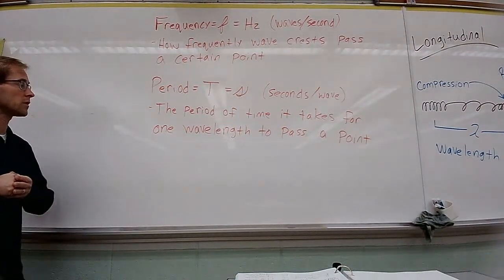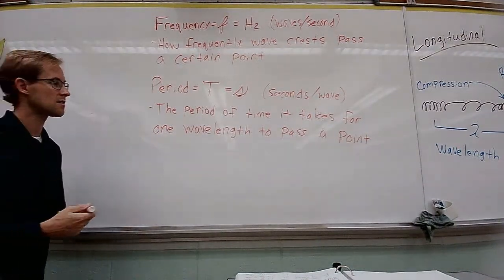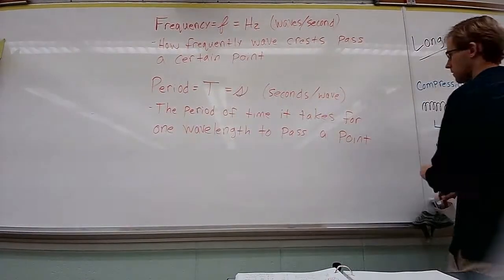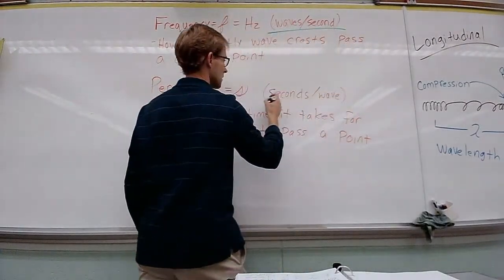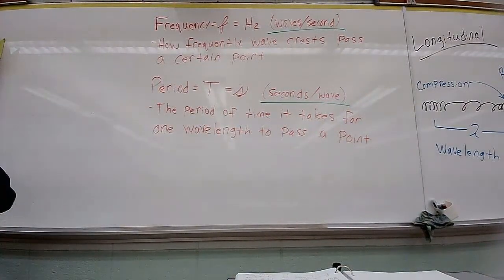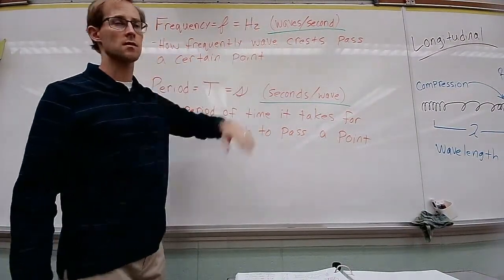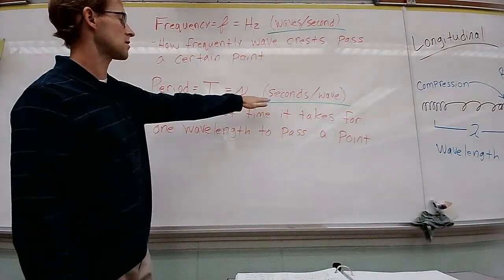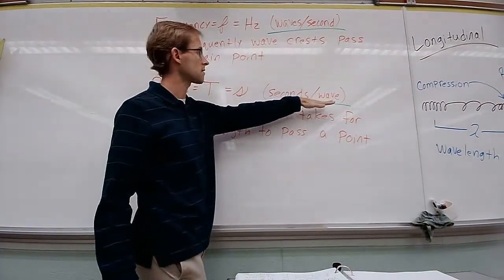So that's frequency and that's period. The quick and easy way to try and remember what these represent is best thought of in terms of these two things. If you're just looking for a quick way to remember, am I dealing with period, am I dealing with frequency, just think about it in terms of the units that they're measured in. Period is measured in seconds. It's how many seconds there are between two wavelengths.